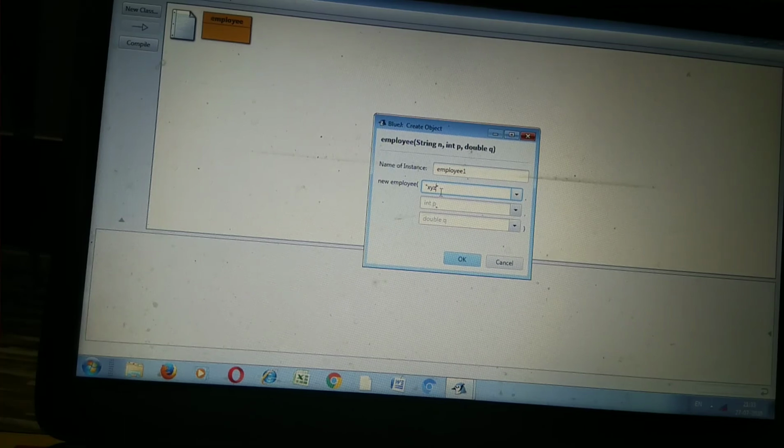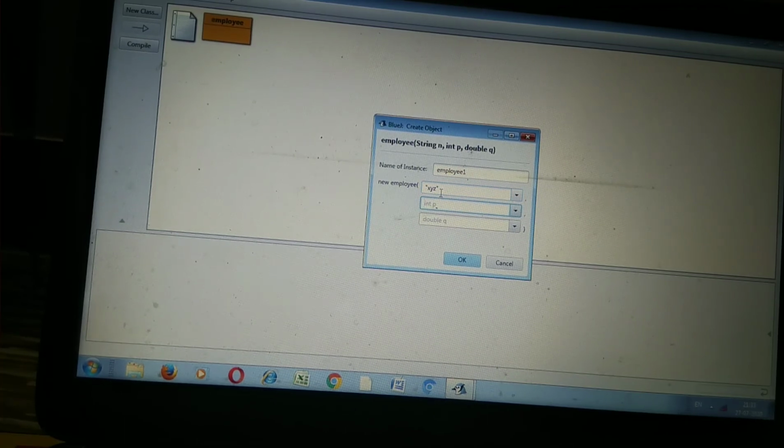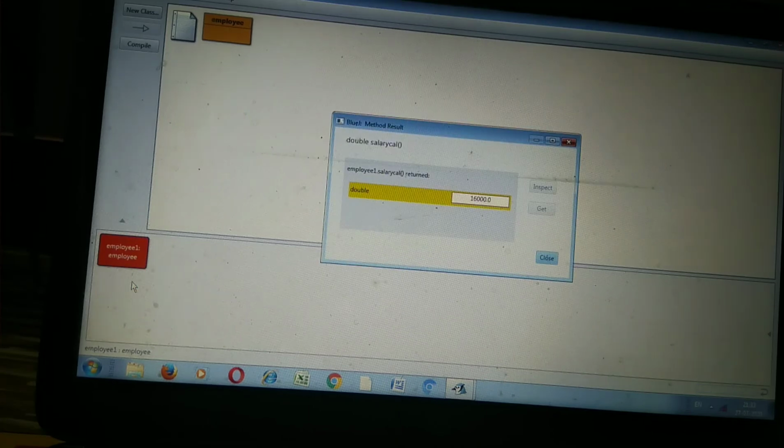Here we write the name XYZ. Next is the employee code, 142. Salary should be 15,000. Now click OK. Here is the object box, an object created. Now right click on this object and click on double salary to calculate this function.